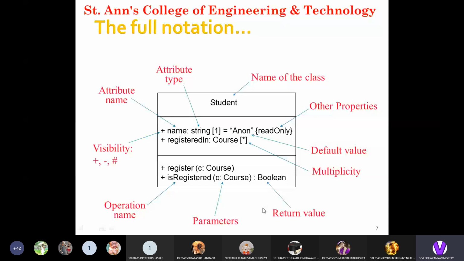You can easily understand how to define classes with the visibility, the name, the attribute type, followed by any default value or other properties. This is the notation we have to follow in class diagrams in the Unified Modeling Language.